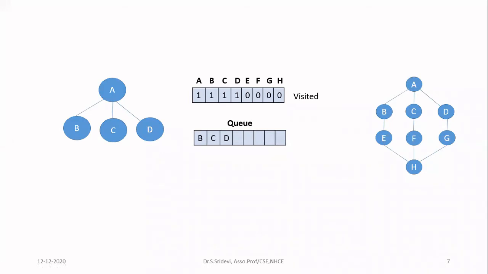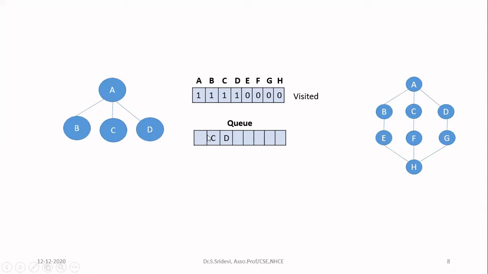So for that only, now I am going to remove B from the queue. When I remove B from the queue, I have to now explore with respect to B. Currently, you have finished everything with respect to A. Do the exploration with respect to B. So what I have to check now? I have to now consider the neighbors of B. B is having two neighbors. They are A and E. Now take in the alphabetical order. First we have A. Go and check whether A is visited or not. So here A is already visited.